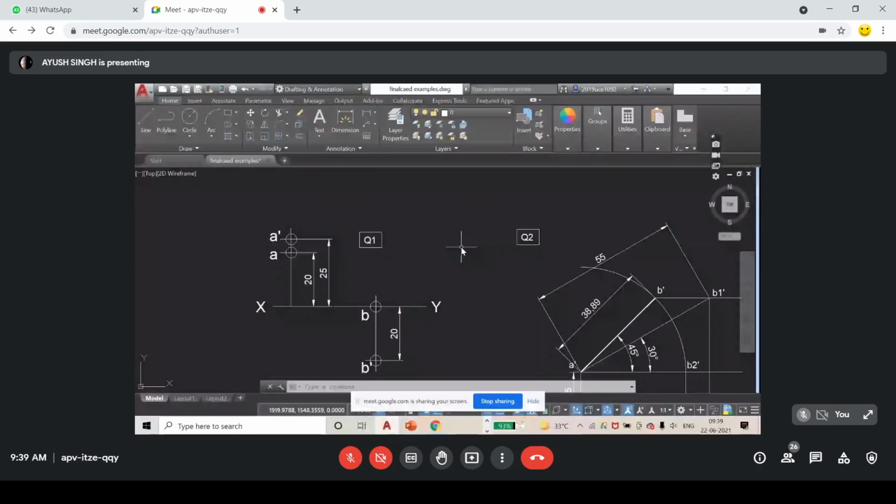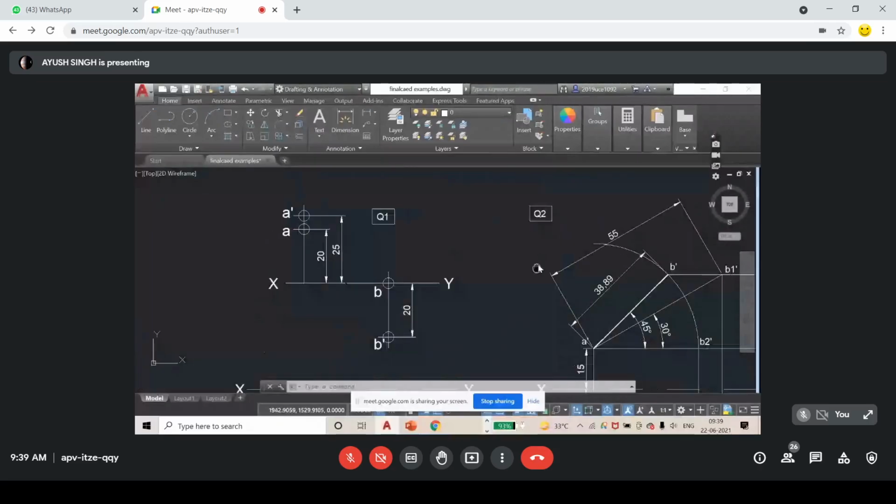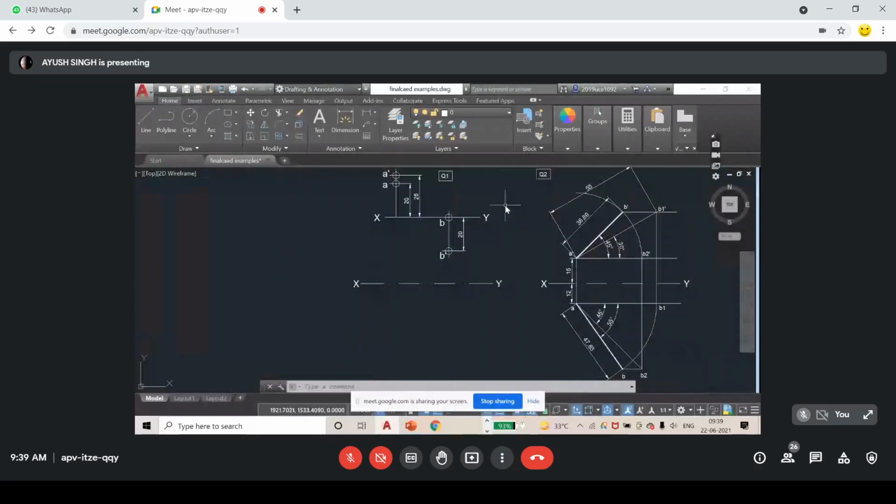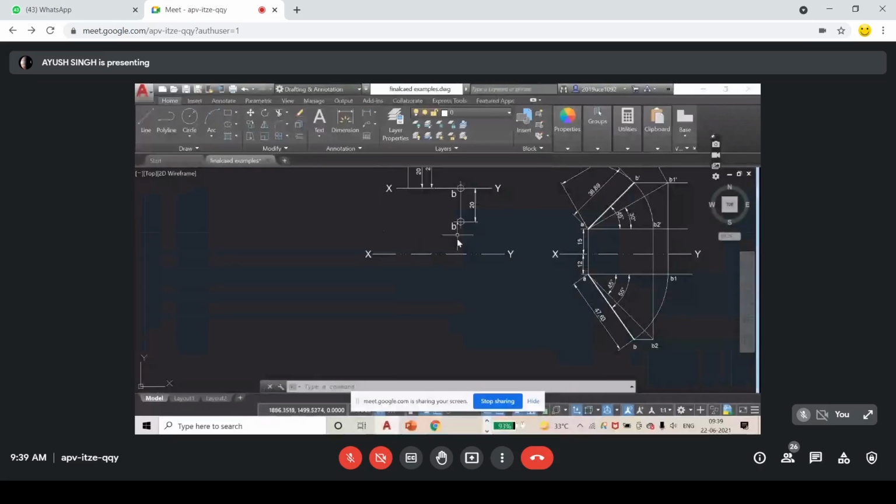I have marked it like this because I have to submit it in my exam. So question number one is here, and question number two is here. Later, I will adjust it accordingly because I have to fit all the questions in one A4 size paper. So I have copied this XY line from here, and I just move it a bit below.